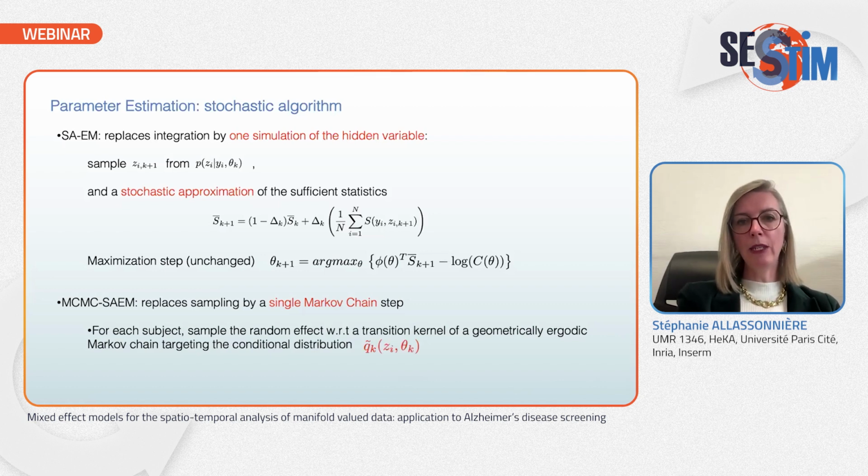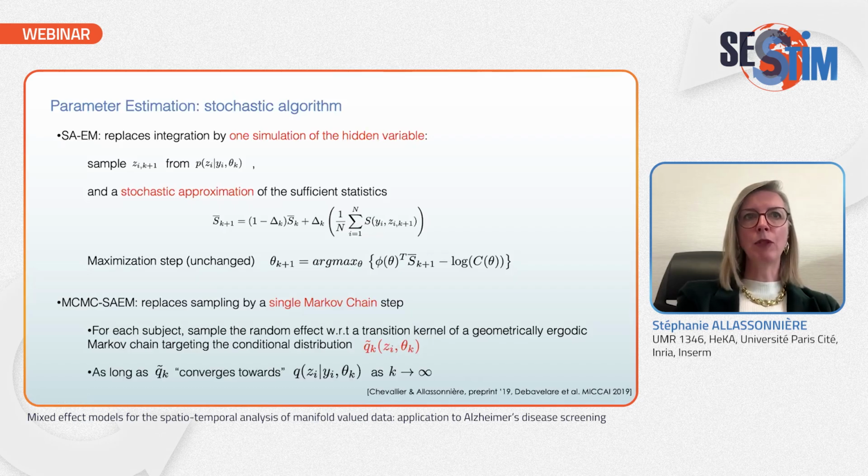Up. And you can even go to something that is a little more efficient in practice. You can approximate this distribution in particular to be able to have something that escapes from local minima. And the only constraint is that you have a convergence towards the correct conditional distribution. So in practice, we have a very simple iterative algorithm that makes it easy to implement.